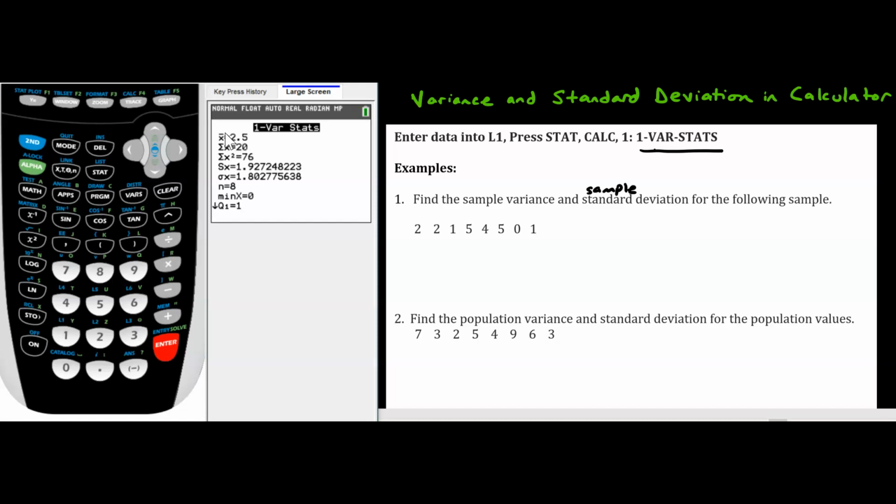and when you look at this menu now, you'll observe that you've got your sample mean, you've got some other statistics in here. We do not see S squared. We do not see the sample variance, but we do see S, which is the symbol, it's actually Sx in the calculator. This is the symbol for sample standard deviation. So let's note that our sample standard deviation is 1.927248223. And if I want to figure out the sample variance, all I need to do is square my S value. So my sample variance would be